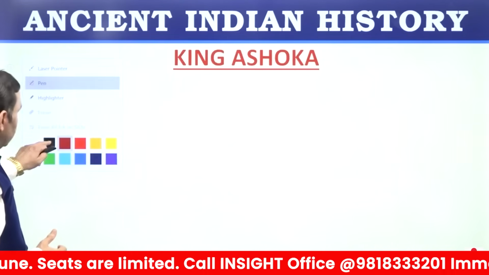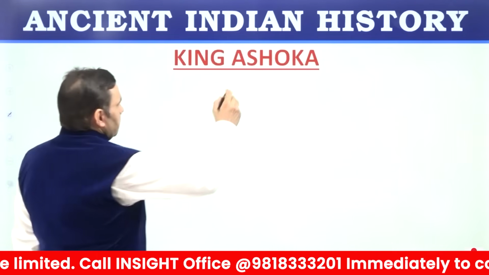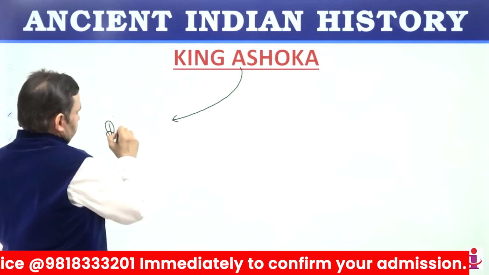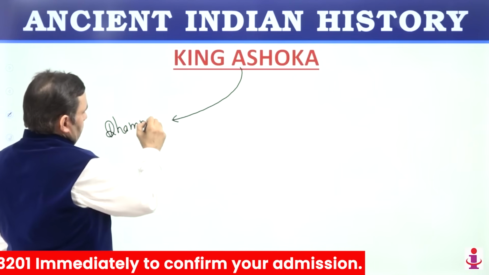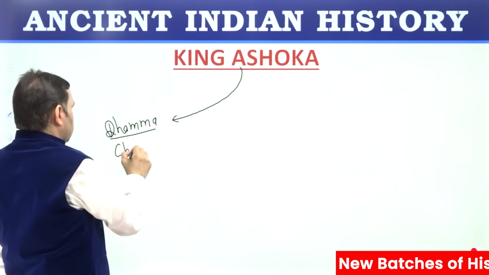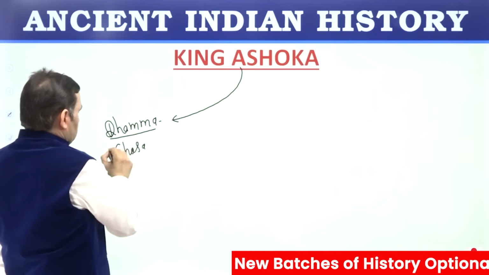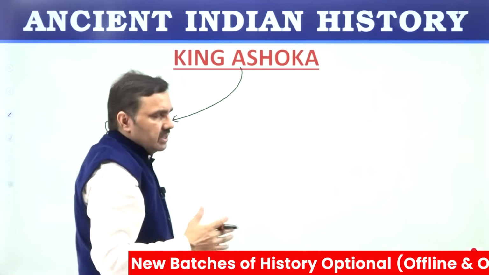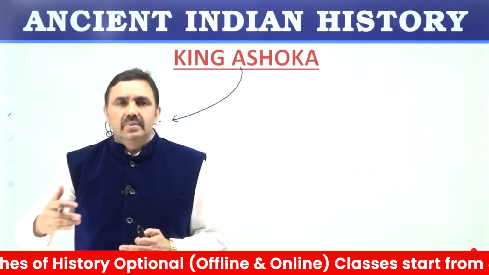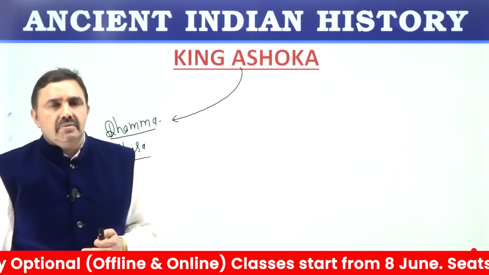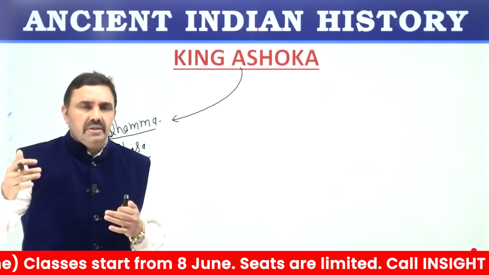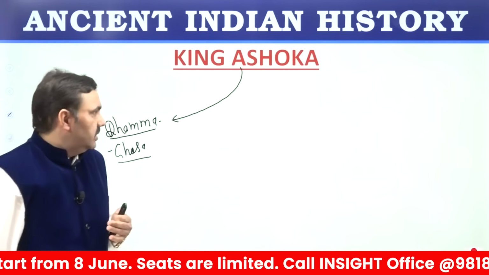King Ashoka was the greatest ruler in entire Indian history. He is famous for his policy of Dhamma, Dhamma Ghosha. One word. Dhamma Ghosha means cultural conquest. So he was spreading his culture, his goodness. He was trying to win the heart of the people, not the body of the people. So that was Dhamma Ghosha, victory through cultural means.